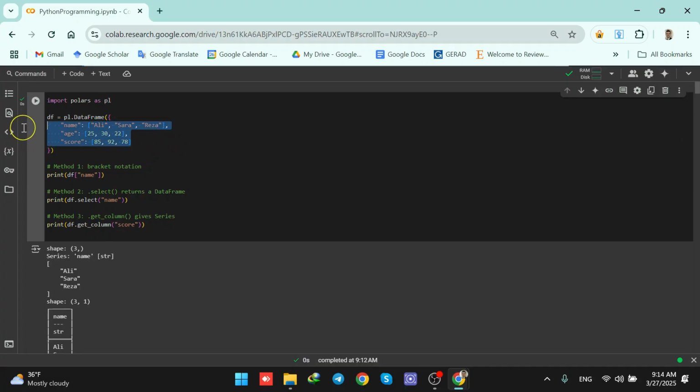And I'm creating my data frame from a dictionary, and this dictionary has name, age, and score. So these are the keys, and the values are Ali, Sarah, and Reza. The values for age are 25, 30, and 22, and the values for score are 85, 92, and 78. Now I would like to only